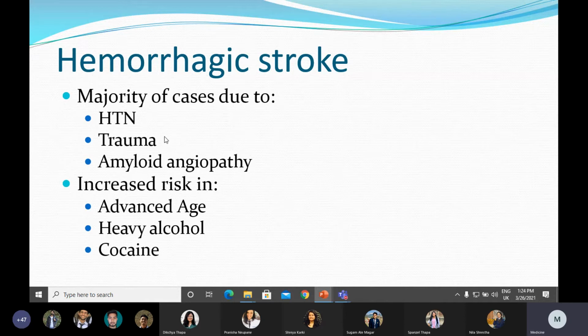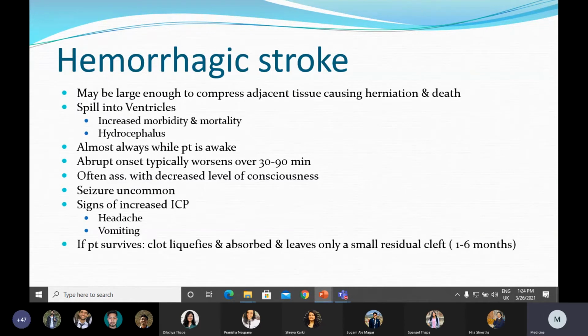Maybe usually increase in advances, heavy alcohol and cocaine use, and this may be large enough. Okay, hemorrhagic stroke, the presence of hematoma may be large enough to compress the adjacent tissues and sometimes cause herniation and death also. They may spill into the ventricles, and this will increase the morbidity and mortality and may